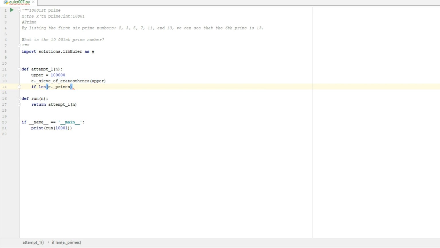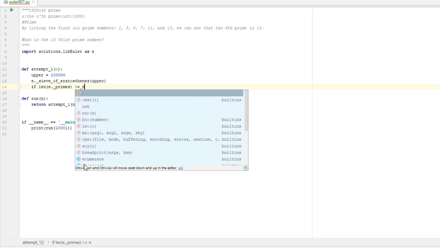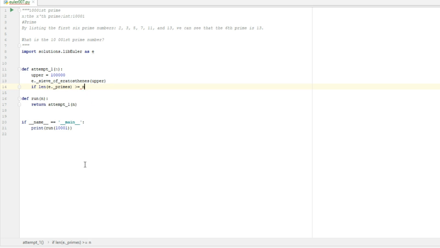And if the length of this list is greater than or equal to whatever n we got in here, in fact not if, but while this length is less than whatever we wanted,